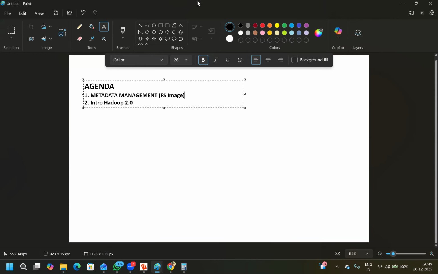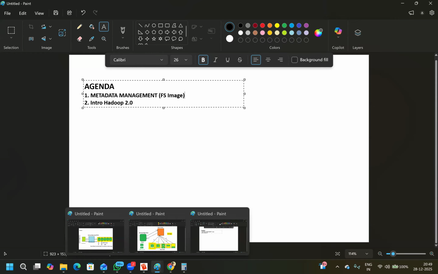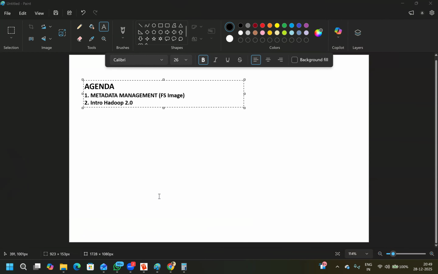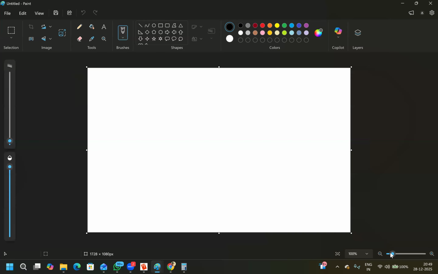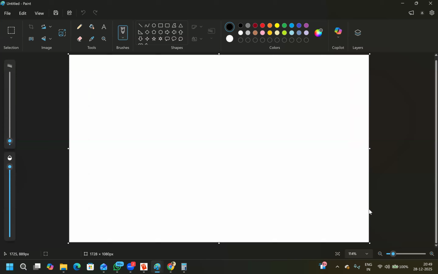The purpose today is metadata management. That means we have to handle this particular FS image file so efficiently, so neatly, so accurately, that we never lose our data. So Doug Cutting designed it in a different way. Before that, I will just tell you